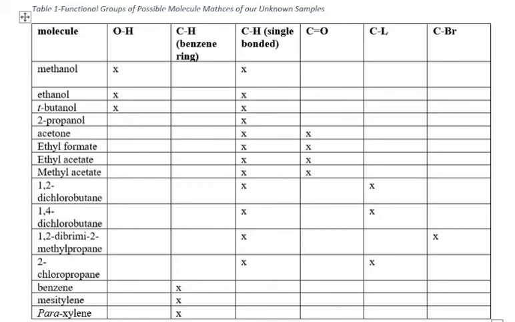T-butanol is described by PubMed.gov as an irritant for the skin and eyes, and if ingested in large amounts, is toxic for many organs such as the bladder and kidneys. 1,2-dibromo-2-methylpropane is similarly stated as an irritant for the skin and eyes, and if ingested may cause disruptions in the digestive tract. None of these substances are safe for human consumption, and even human touch, in many cases, may be